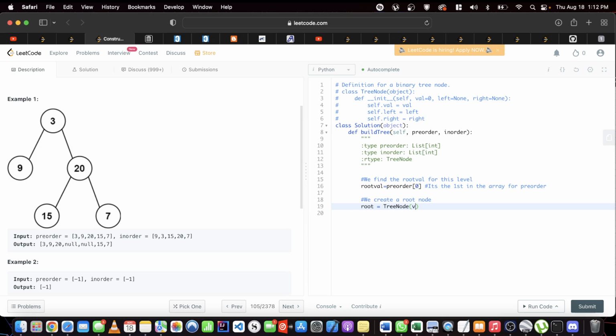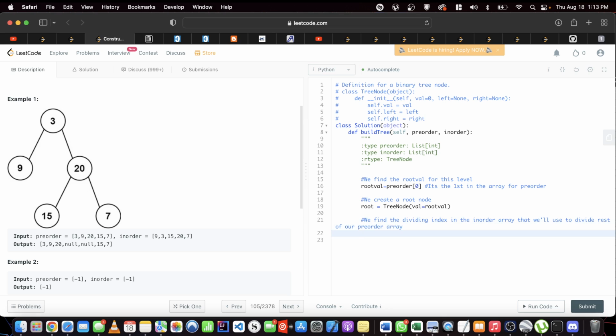Tree node val is initialized to root val. Then we find the index, the dividing index in the inorder array that we'll use to divide the rest of our preorder array,